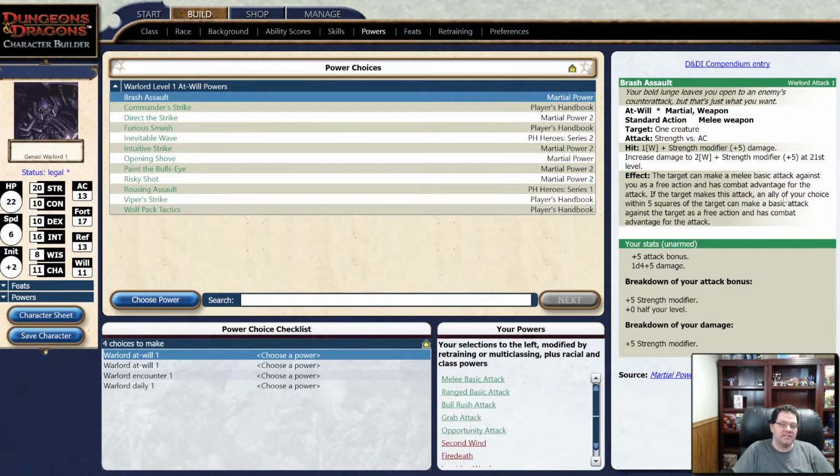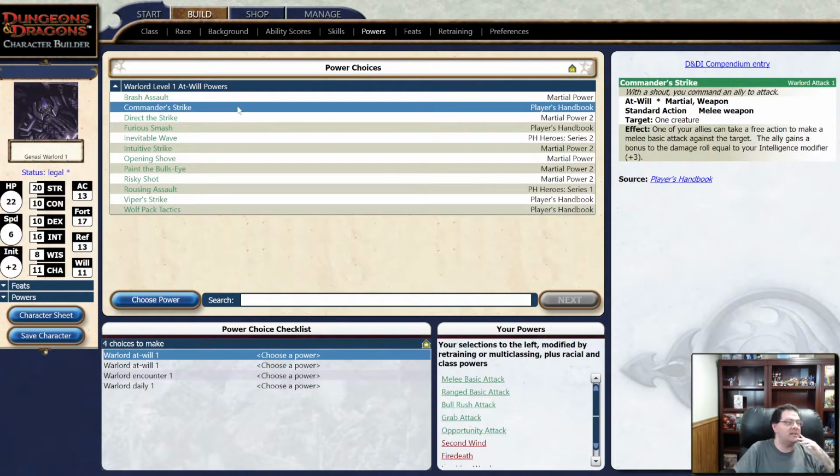The target makes an attack against an ally of its choice within 5 squares. The target makes a basic attack against the ally as a free action with combat advantage. So with Brash Assault, effectively, I would hit them, and then they would have the option of attacking me back. But if they did, one of my allies could attack as well. So this is very similar to Commander's Strike, but instead of it just being...